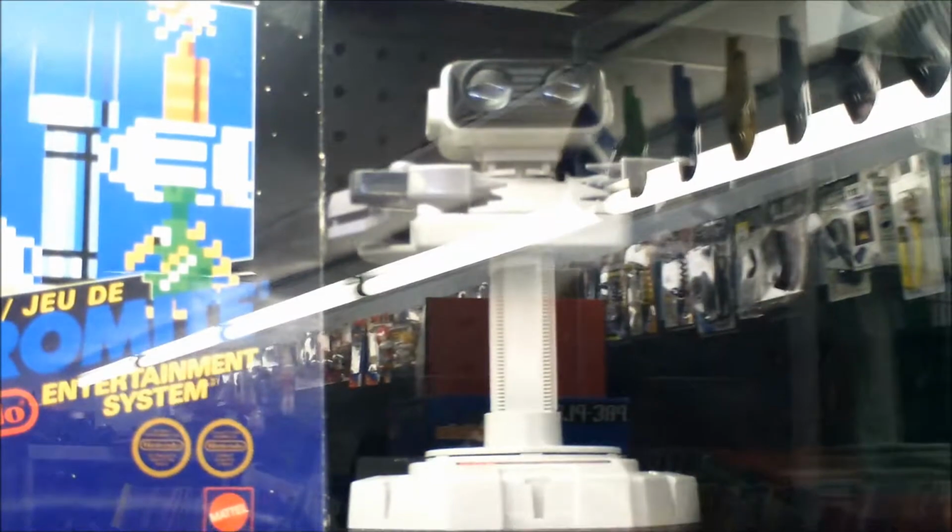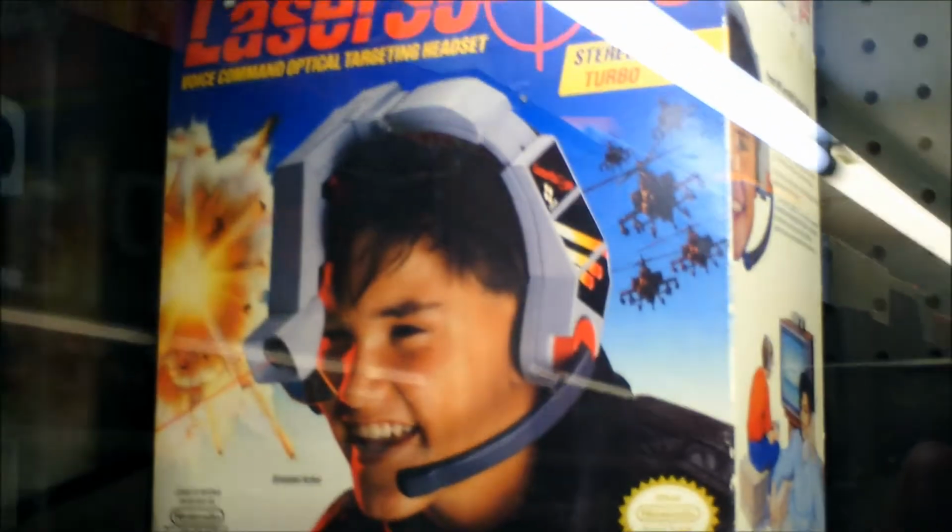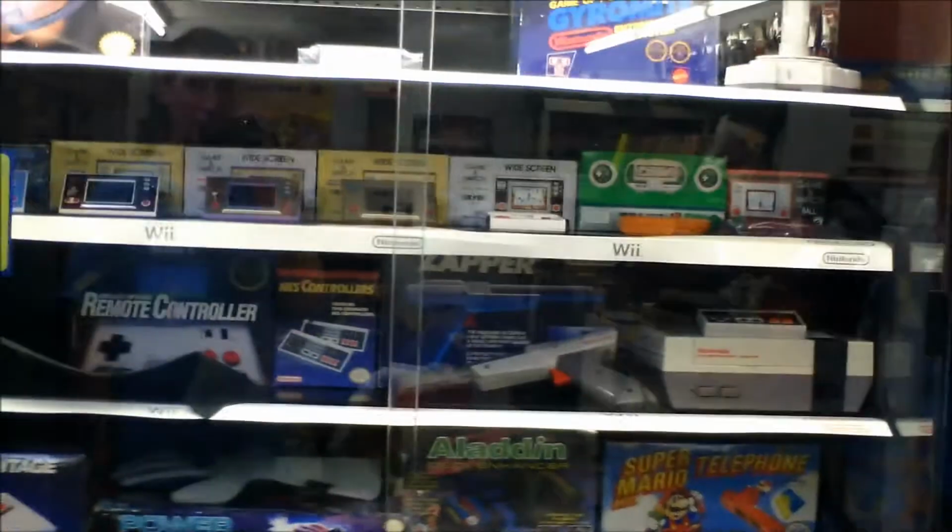If we look up, we have my spare Rob the robot, with the big box version of Gyromite, and then to the left, looking for something to put here. I wanted to put something there, but it was too big. And then we have my boxed laser scope. But yeah, so that is what I've done with this World of Nintendo cabinet so far, and I'm